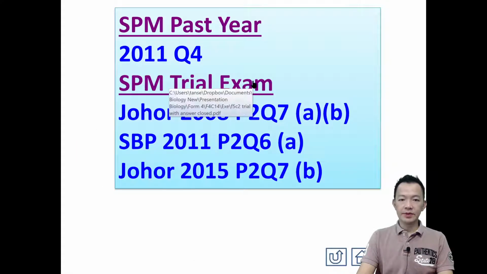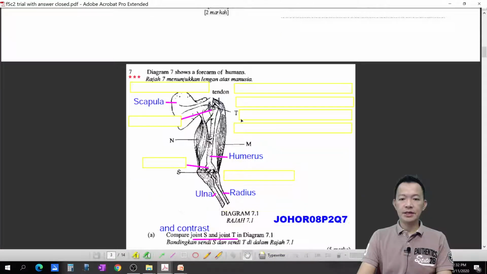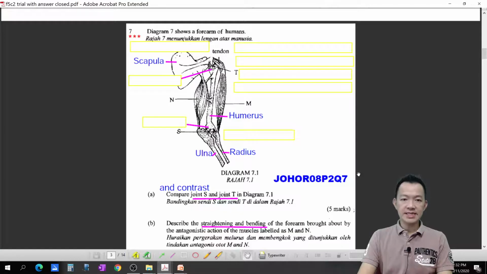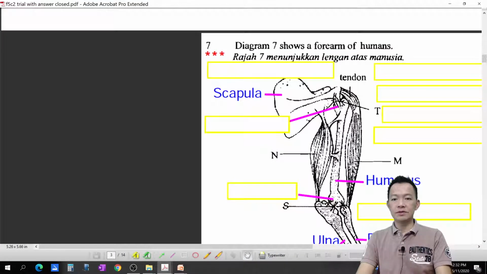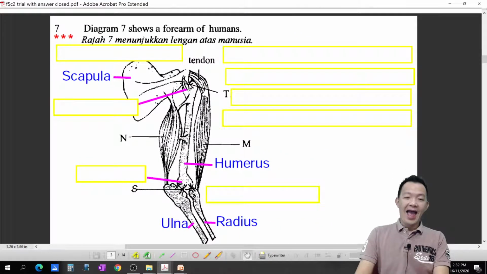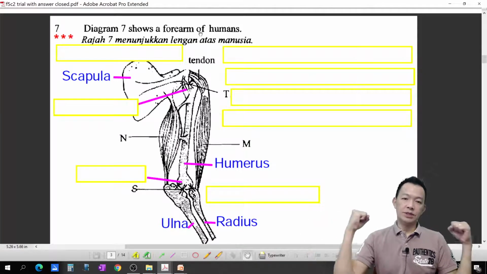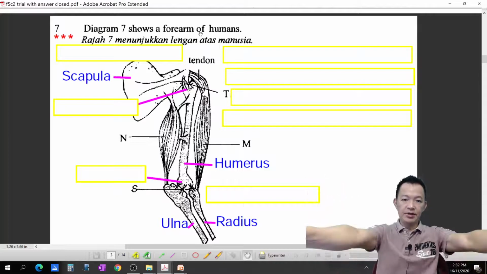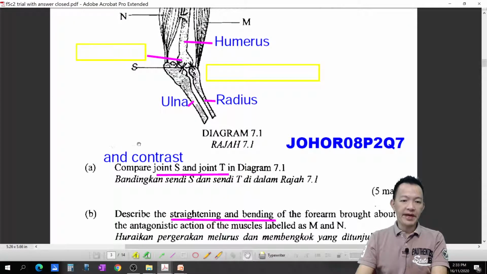Next question，下一题再来。OK，we go trial，我们去看看 trial。OK，what's the question？什么问题呢？9号 08B2Q7AB，9号08。OK，B2Q7 A 和 B。Diagram 7, forearms of the humans，你的前面的手。OK，what they want? Compare and contrast